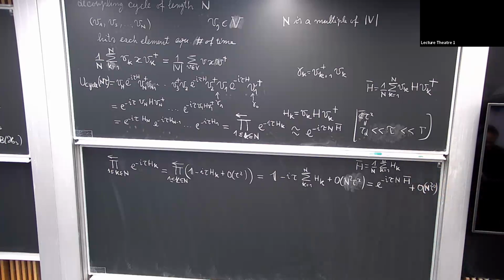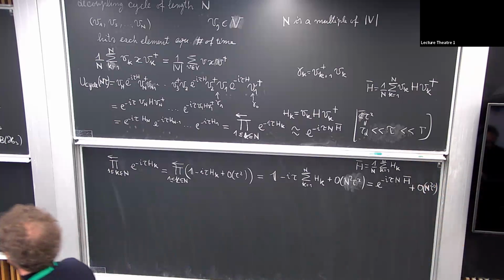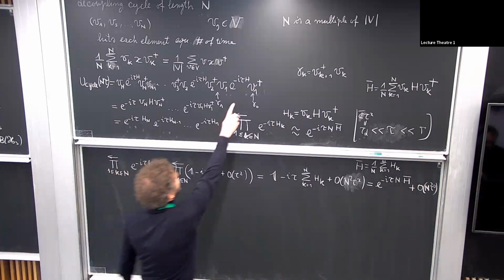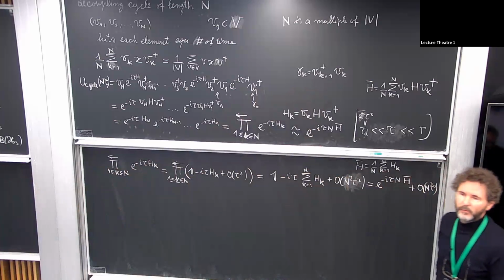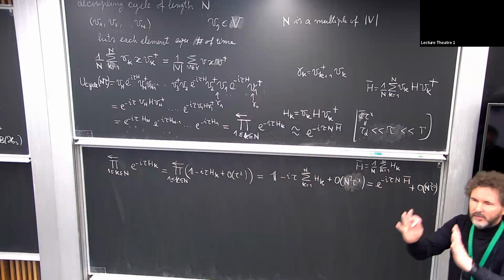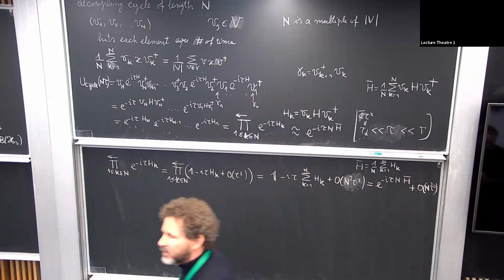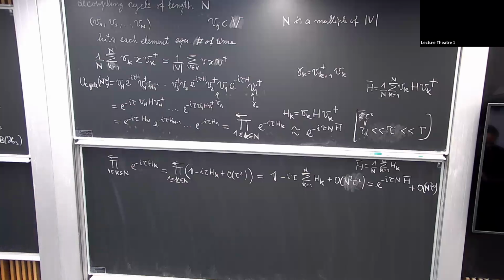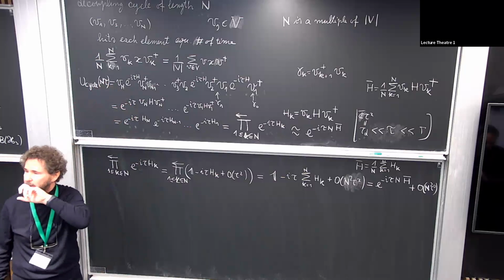So you don't want n tau converging to a fixed time. No, n is fixed. N is a fixed multiple of A. For example, n is just the dimension of A. It's fixed. This is just the number of pulses in a cycle, just the length of my decoupling cycle.